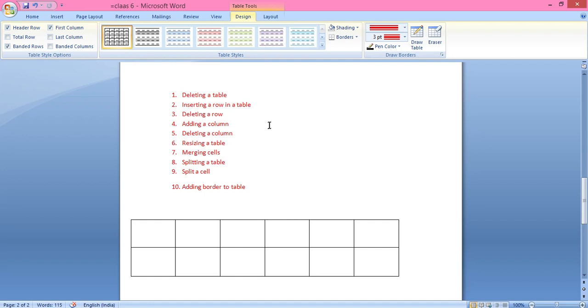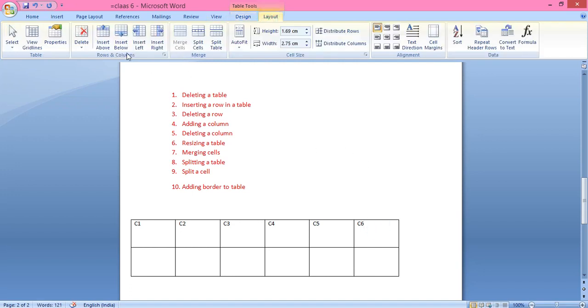Inserting a row in a table. How to insert a row, column or cell in a table. I have written here R1, or wait, we will write here C1 column 1, C2, C3, C4. Now I want to add more rows, columns and cells.